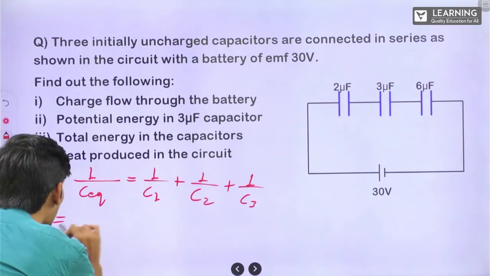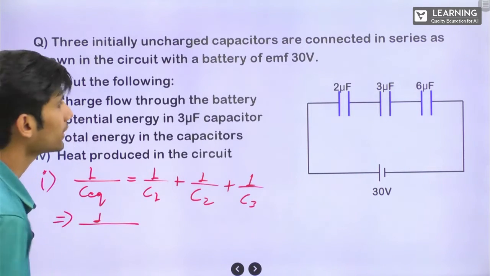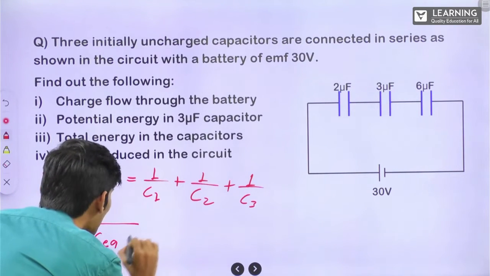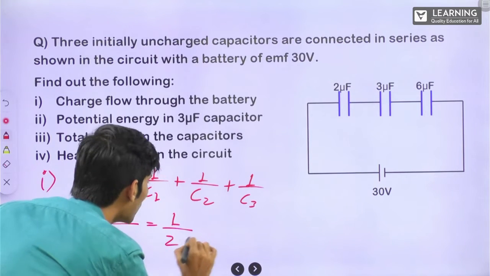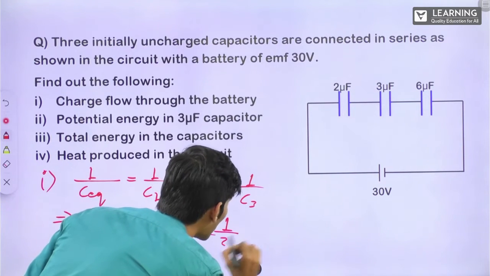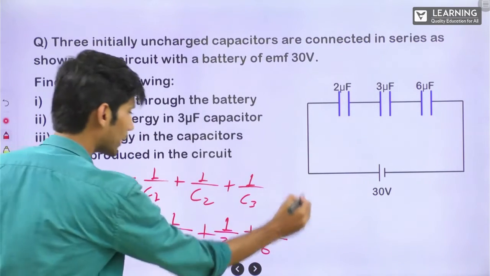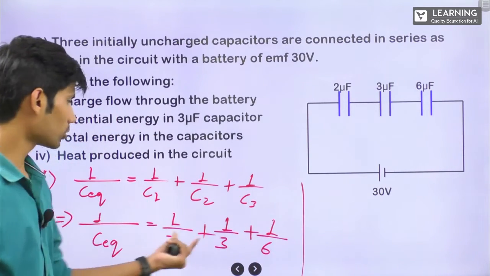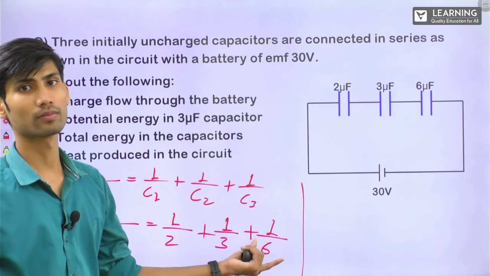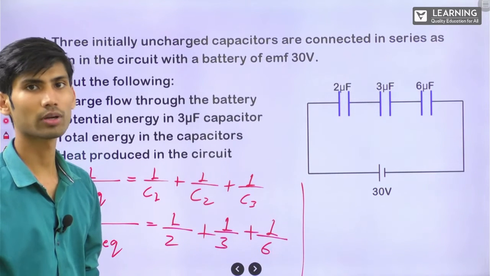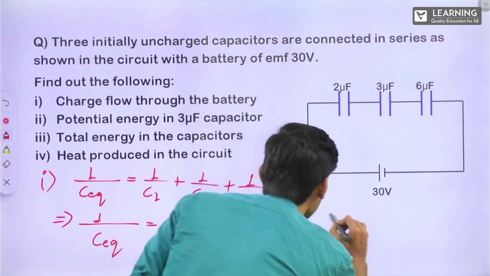So 1 upon C equivalent is equal to 1 upon 2 plus 1 upon 3 plus 1 upon 6. Correct? That is how much? 1. 1 upon 1. Correct? So C equivalent will come as 1